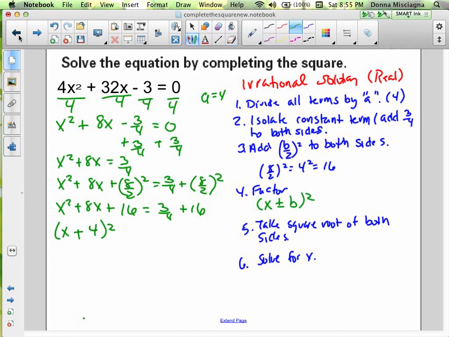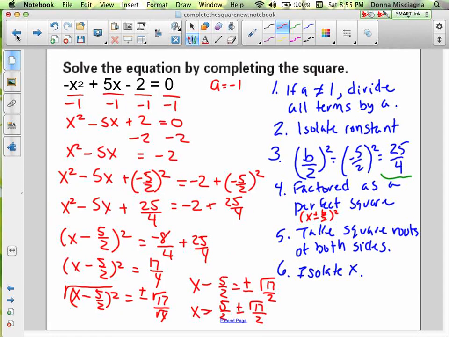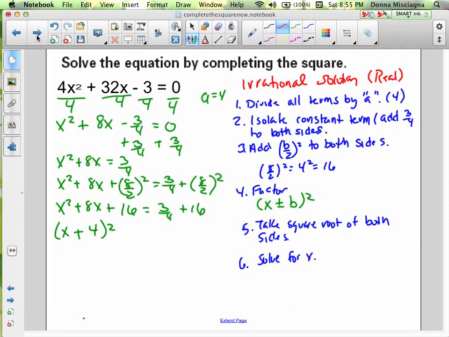I should put that on the last page too. Did I? Nope. That one had it. All right, so continuing on,